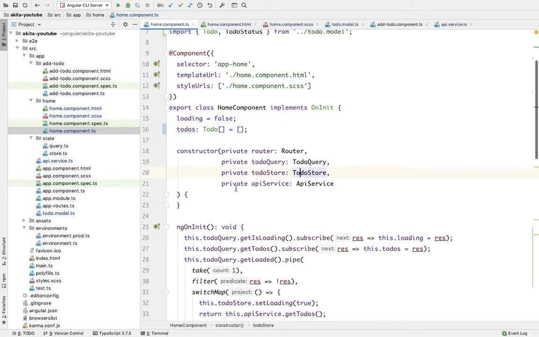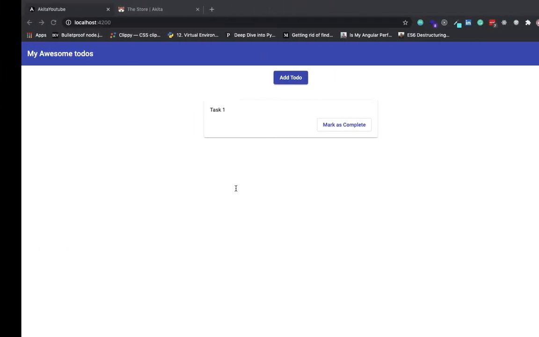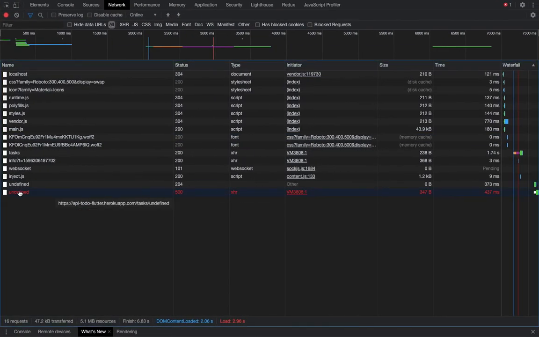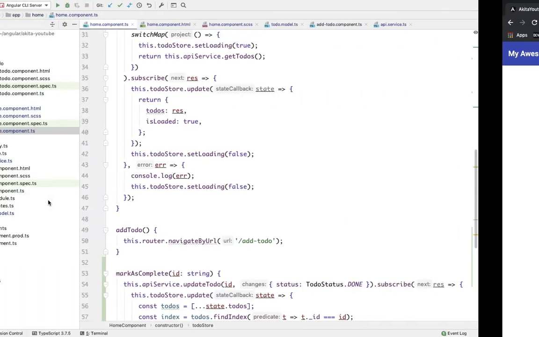So now let's test this in the browser. We are going to mark it as complete. So we are getting the ID as undefined.